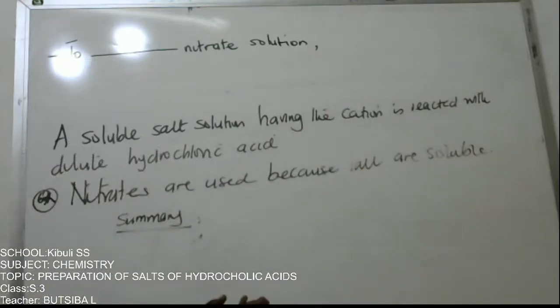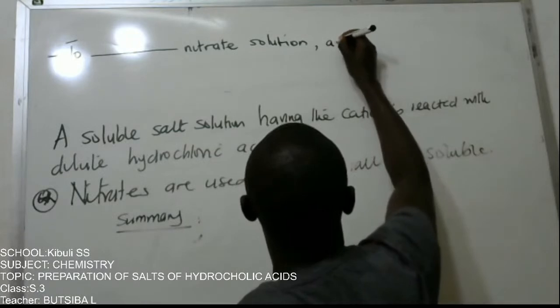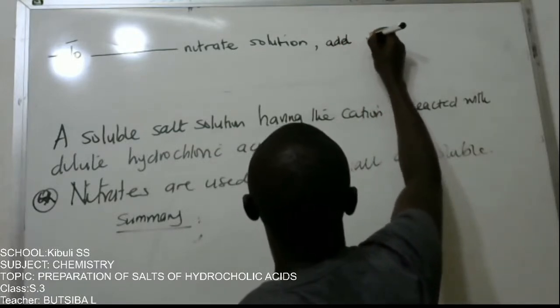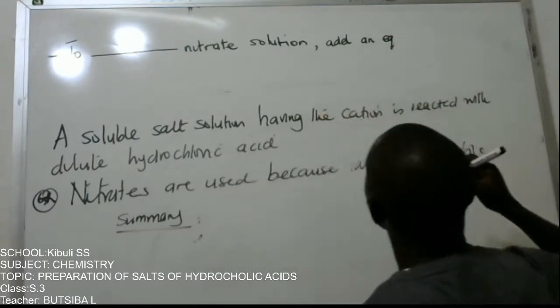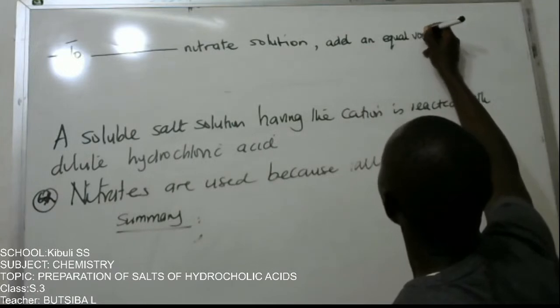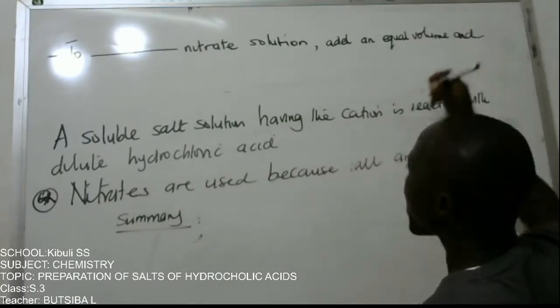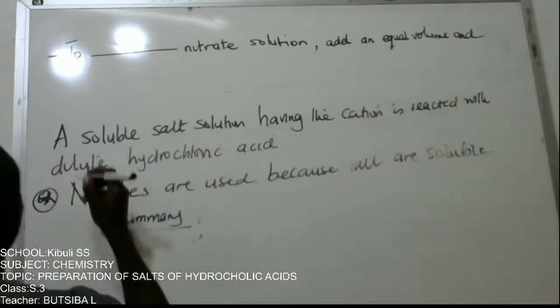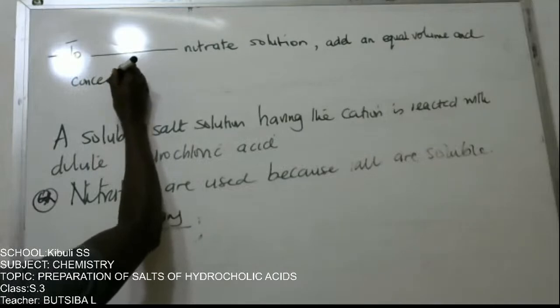All nitrates are soluble. So to dash nitrate solution, comma, we are going to add equal volume and concentration. Add equal volume and concentration